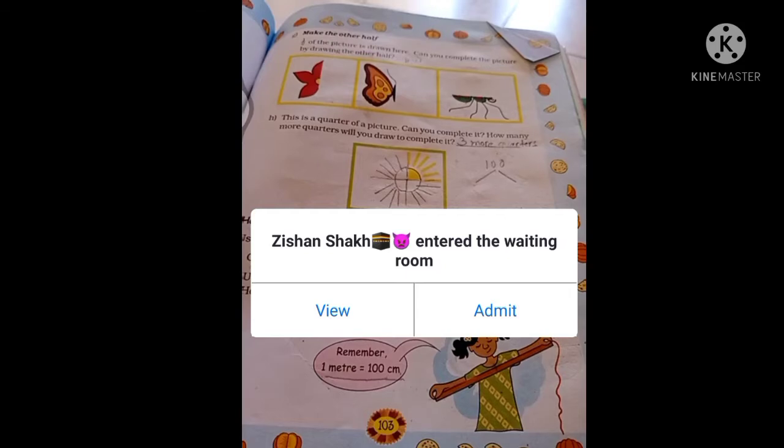So how? Here I am drawing 100. Now we have to divide 100 equally into two portions. What we have to do? We have to divide this 100 into two portions, but it should be equal. So we have to find the half of 100. Half of 100 is 50. So here I am writing 50 and 50.